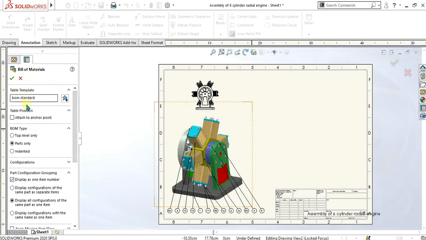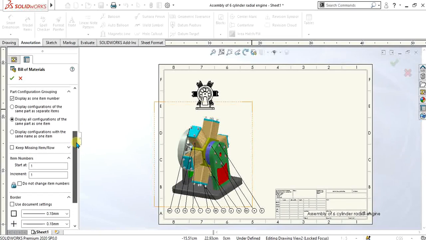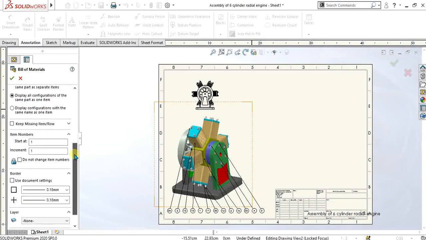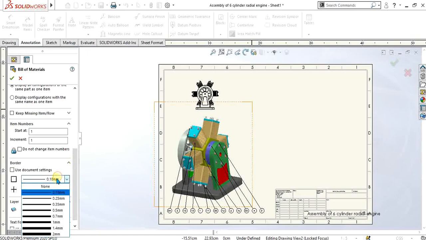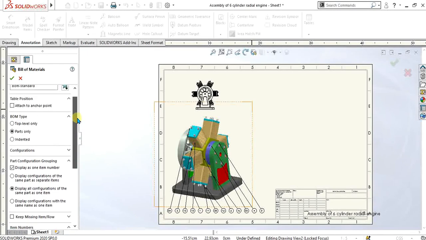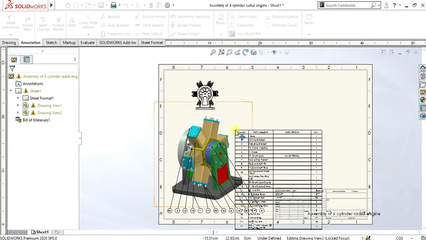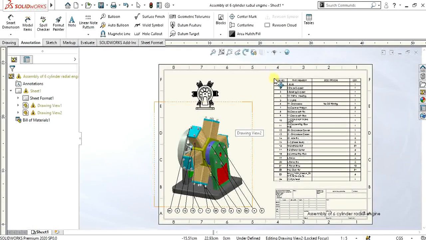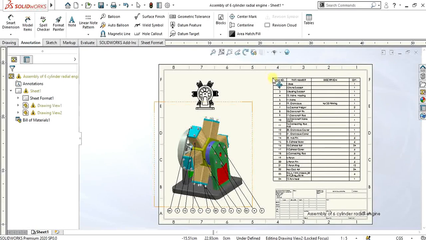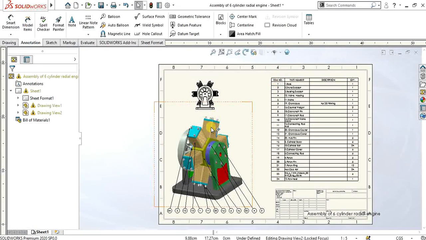So now this is the bill of material property manager. There are different options. You can modify the bill of material accordingly. So these lines are showing the outline of the table, and from here if you want to show just parts or quantity of the part, you can change it from here. So select OK after selecting this drawing view,